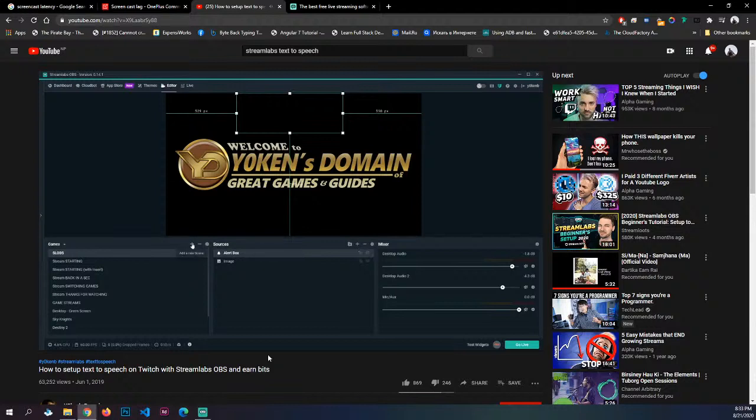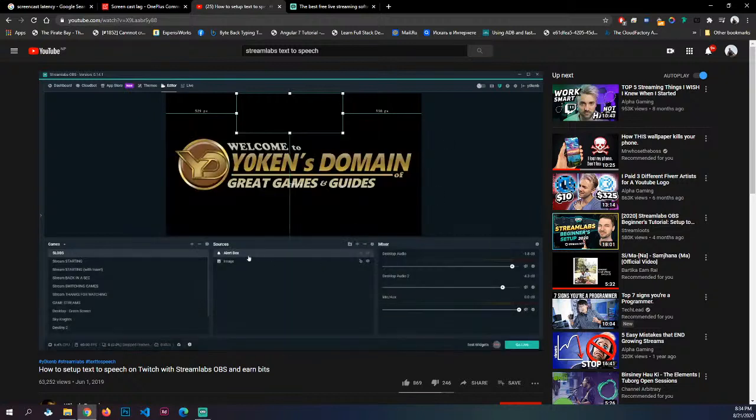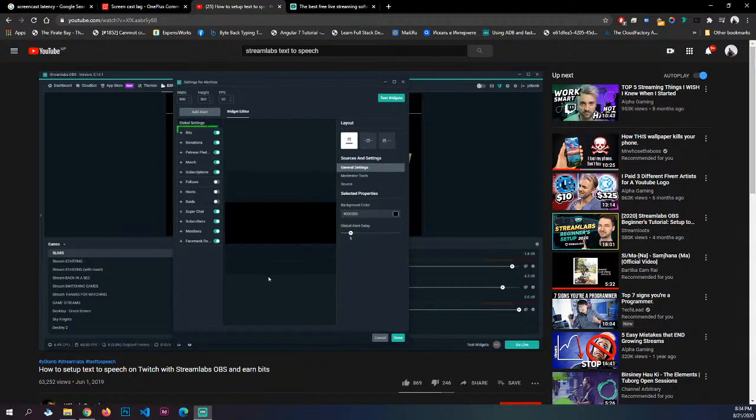To add a scene or an alert box, you simply click on the little plus signs, enter a name, and then for the alert box, select alert box. Double click on the alert box to open up the alert box settings. Text to speech can be enabled for bits, donations,